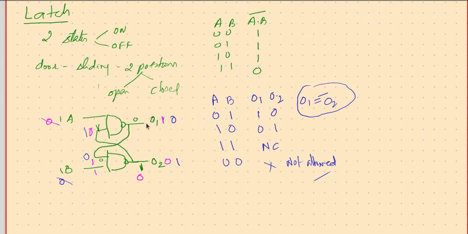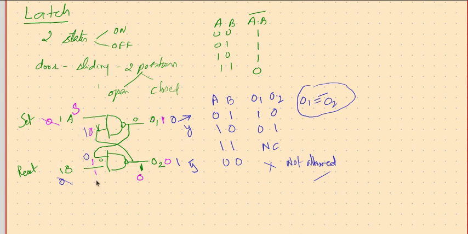So what is this? If you look only at this as your output, if you call this the output, then this will be the complement of the output. So making this 0 will make this 1, that means output becomes 1. So we can call it a set operation. So if a 0 is put here, it is going to set the output, and if you make this point 0, this makes the output 0, so we can call it reset.